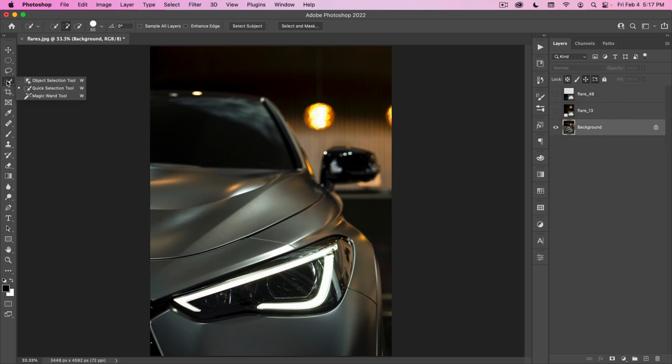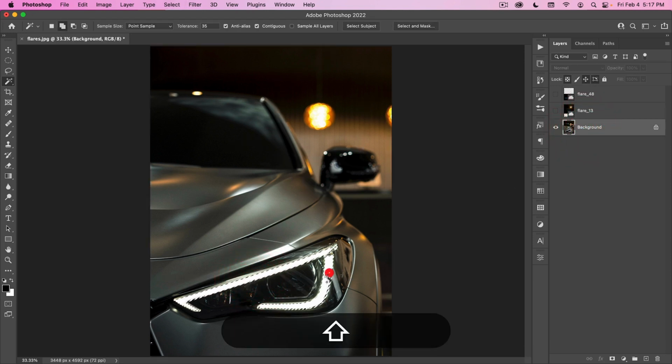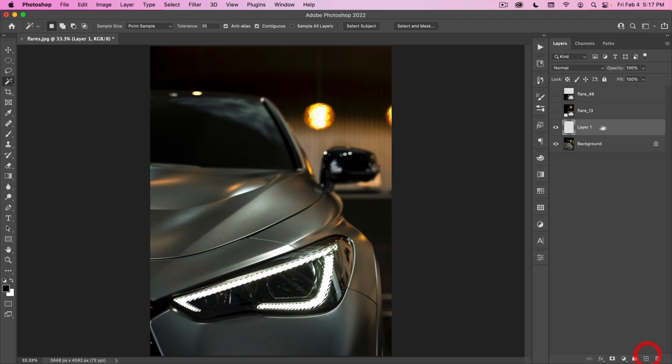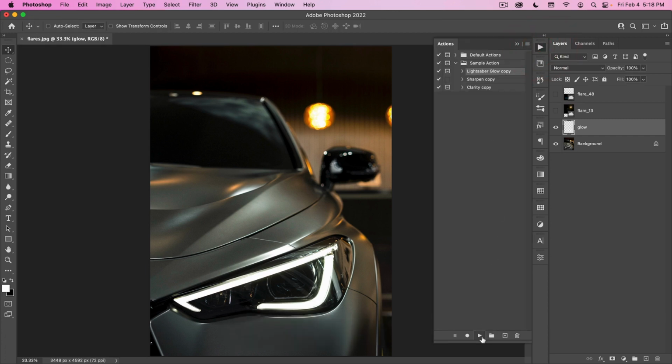And I'm just going to go on to my magic wand tool and select, let's put our tolerance on 35, which I believe is the default. I'm just going to select this white area here and this white area here. That looks good. And I'm going to make a layer called glow and fill that with white. And then let's run our lightsaber action again.